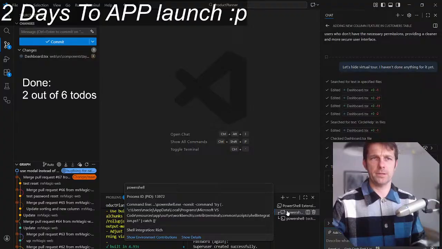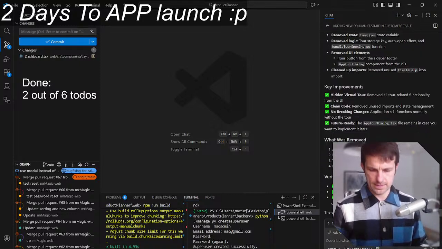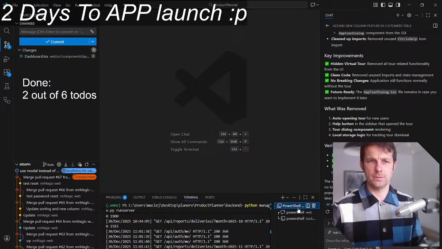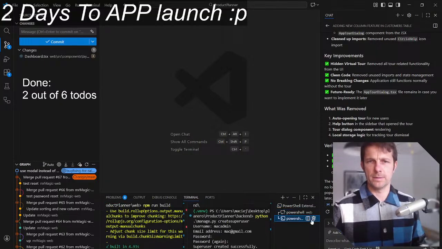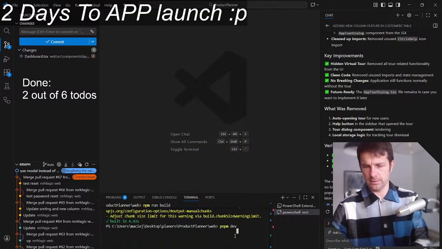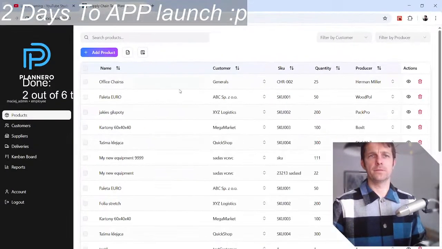So yeah, PowerShell, good. Now it should hide it. Perfect, successfully hidden. Good, let's just test it. pnpm dev. Is this on? It's here. So this is backend, obviously. pnpm dev. Yeah, okay. Let's test that one. Is virtual tour?